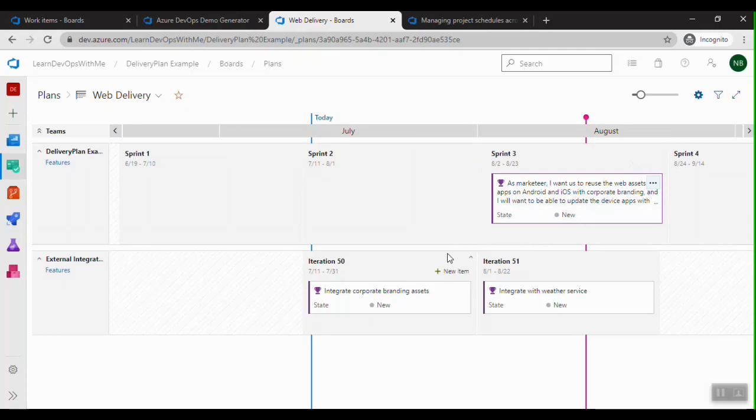So this way we can easily understand the dependencies, reschedule the deliverables based on the dependencies, and collaborate between the teams. So this was the delivery plans feature.